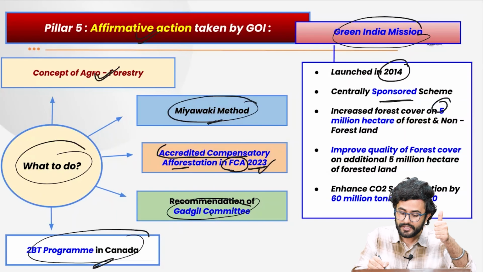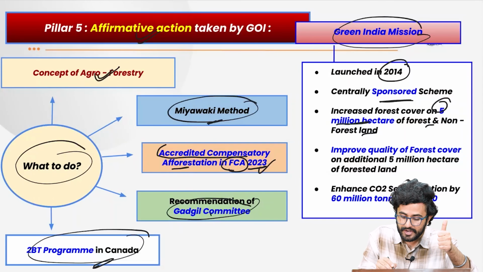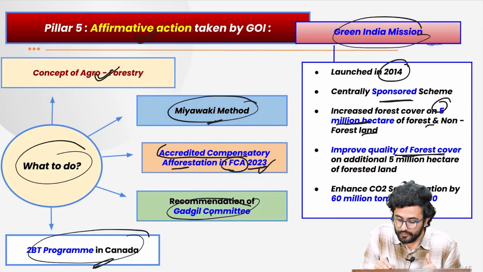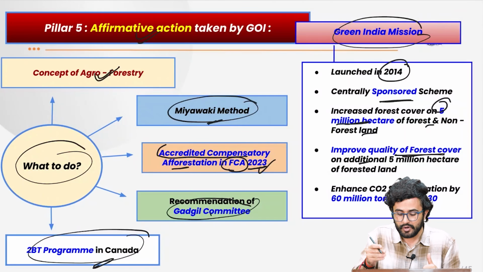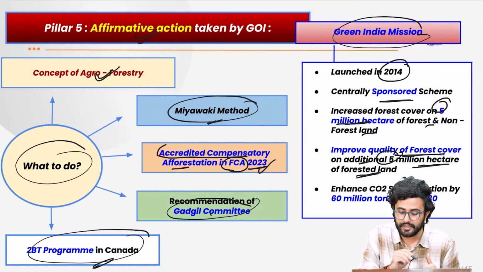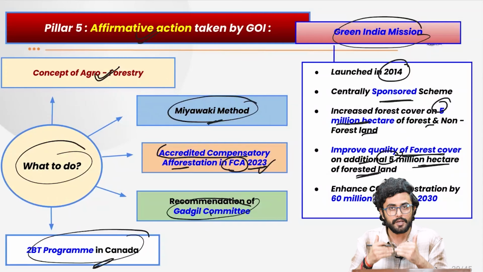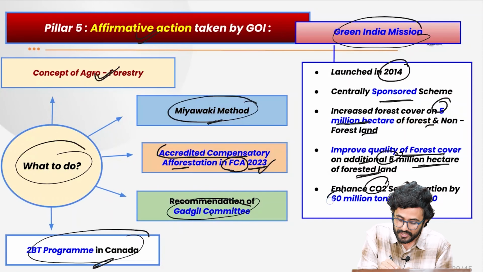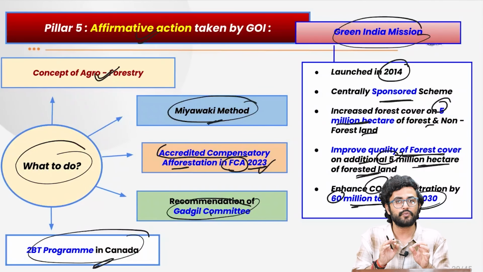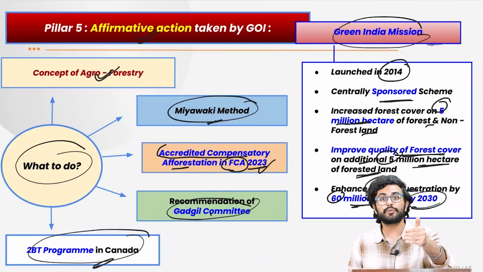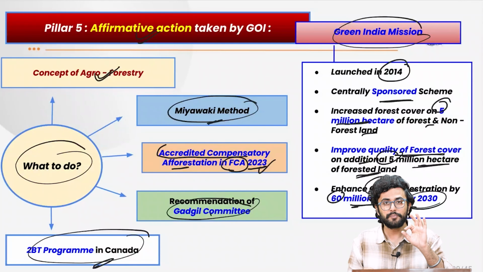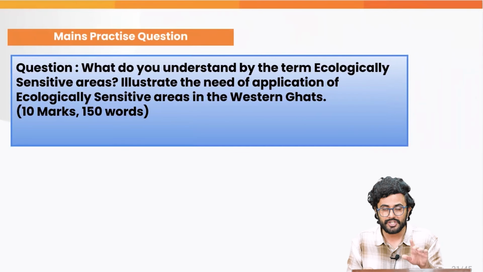First, to increase the forest cover on 5 million hectares of forest and non-forest land, and then to improve the quality of forest cover on an additional 5 million hectares of forest land, which will ultimately help us enhance CO2 sequestration by 60 million tons by the year 2030, and thus it will also help our Panchamrit target. Keep all of this in your mind while you are writing this particular question, and we move forward to the next news,